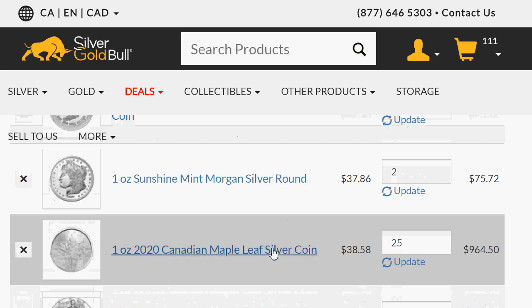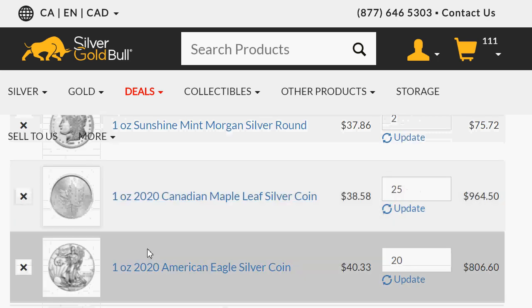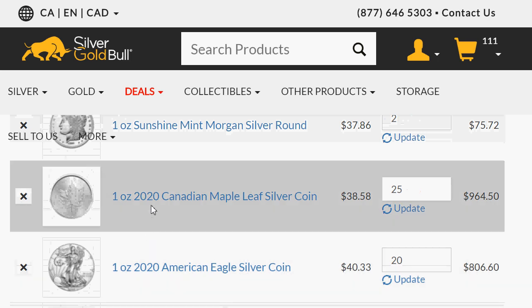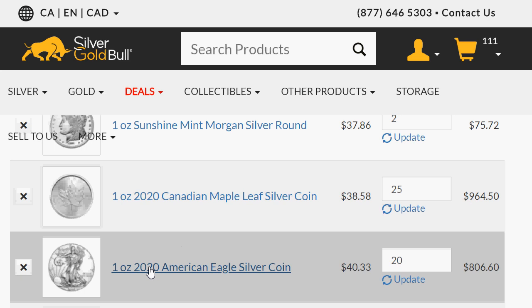A roll of 2020 Maples, a roll of American Eagles. I got about 4 or 5 rolls of Canadian Maples. I've only got 1 roll of Eagles, and actually that was given to me by Mike Maloney many years ago in a little promotional contest. And I mean many years ago, like 10. Thank you, Mike. It might have been 11, or I don't know. It was like at the end of last decade, start of this one.